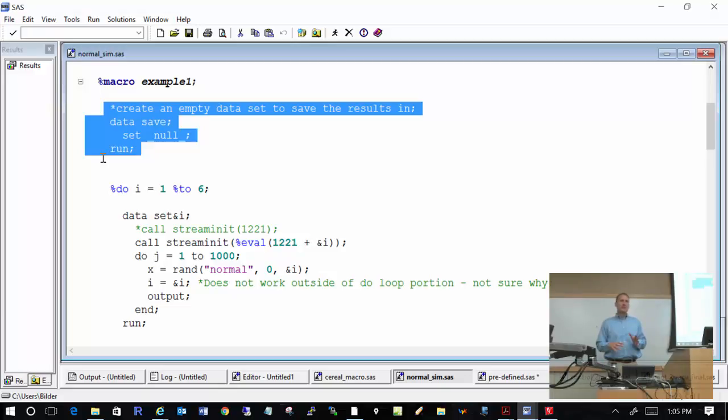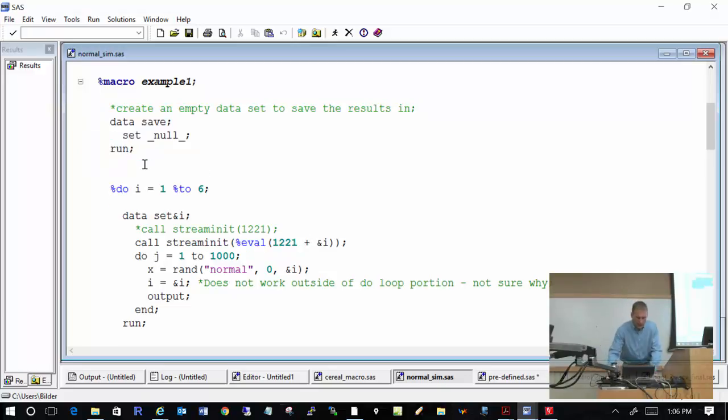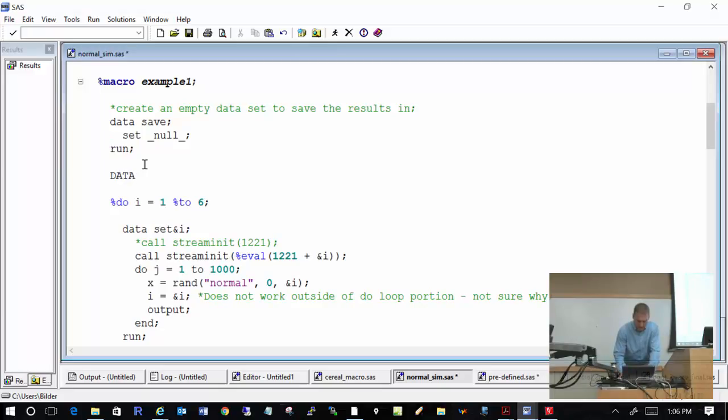Because we don't really want to create a data set. Exactly. So where we've used this before, this was in the Intro to SAS notes, is we wanted to export a data set out of SAS, put it into like a comma delimited file. And so the way that we did that was we did something like data _null_